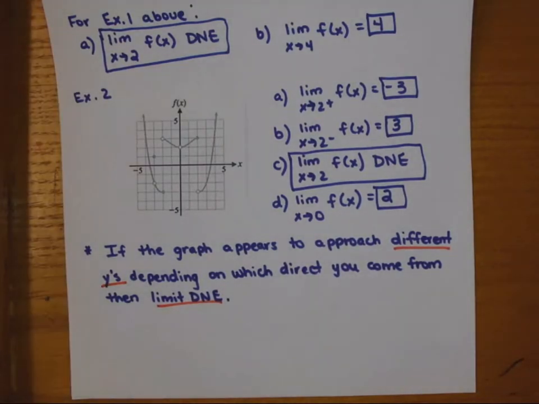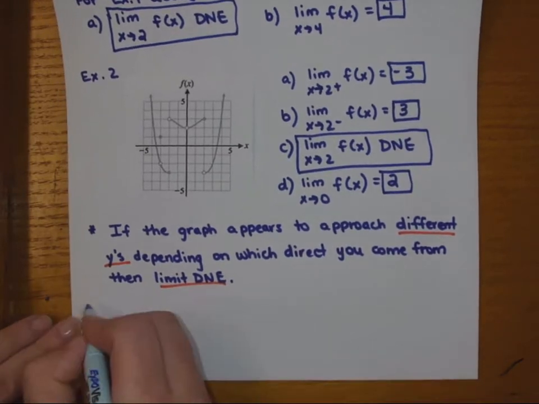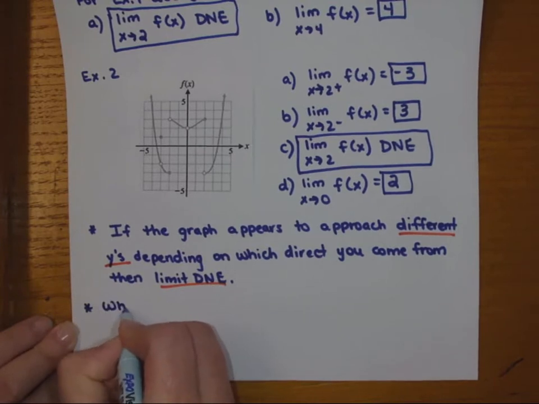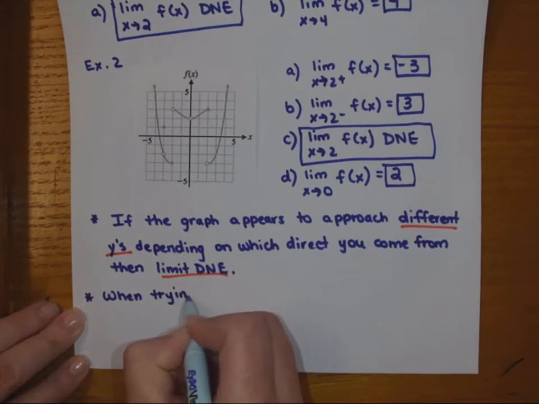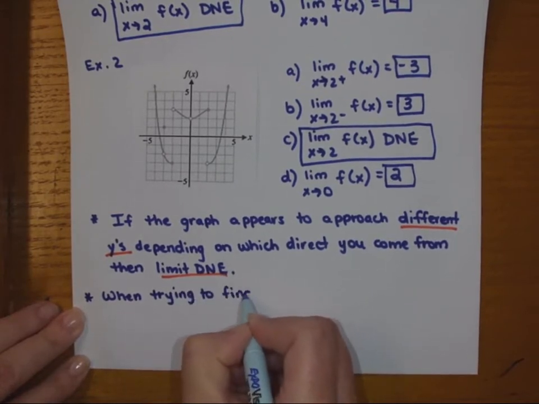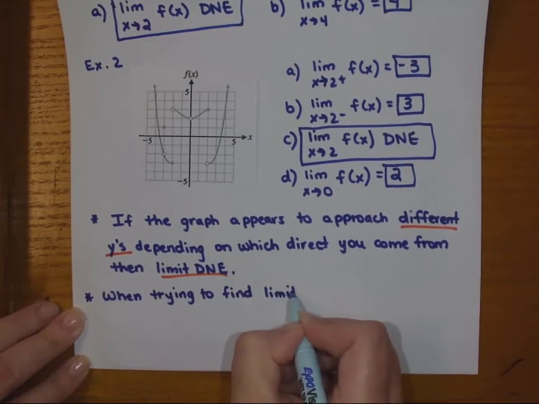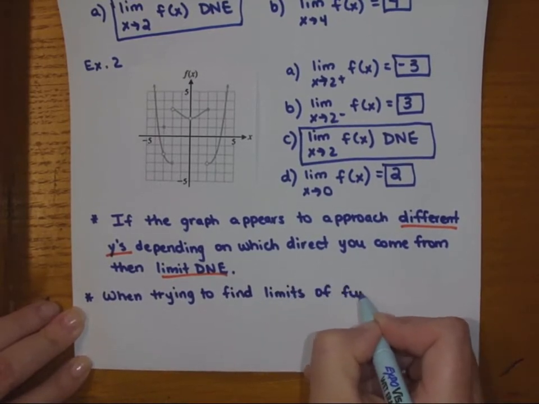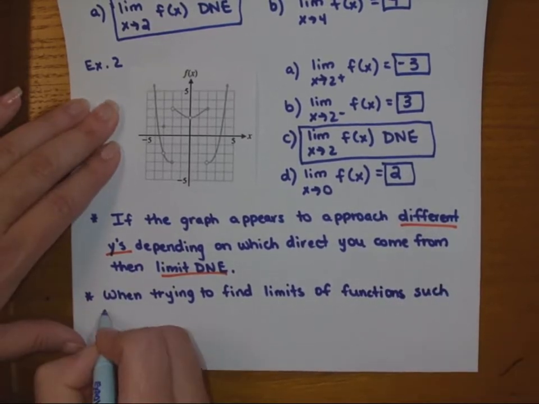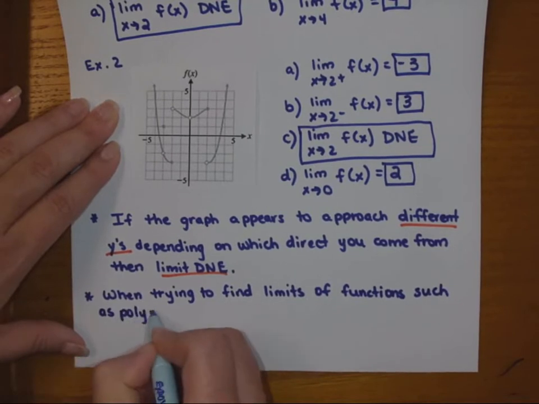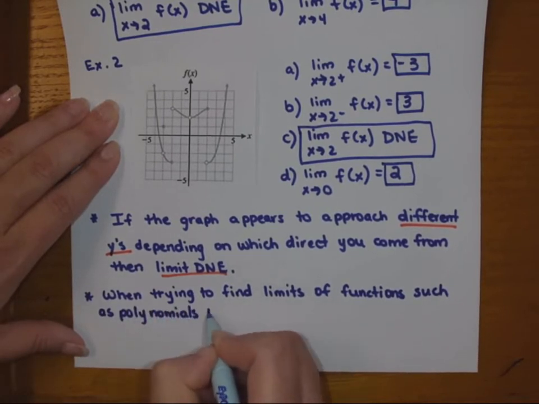Okay, so the first exercise is us looking at graphs, which we just did in the past two examples, and trying to figure out what the limit is. Remember, limits are always what is the y doing as x does something. But a lot of times we're maybe not going to have a graph. Perhaps we have a function instead, just an expression or an equation or something like that. So when trying to find limits of functions in equation form, so maybe such as polynomials or rational functions,